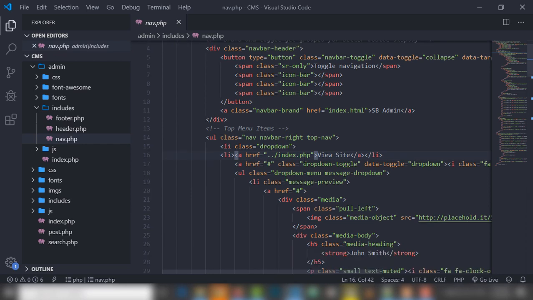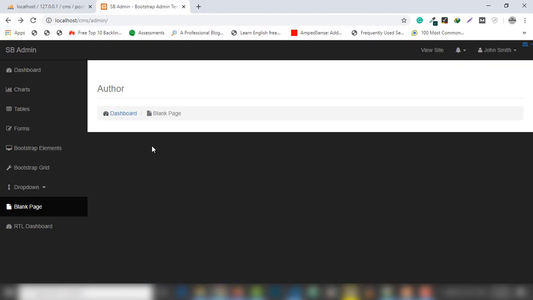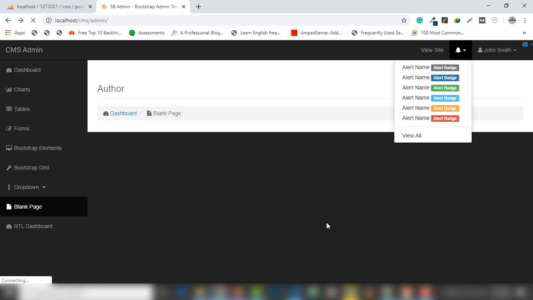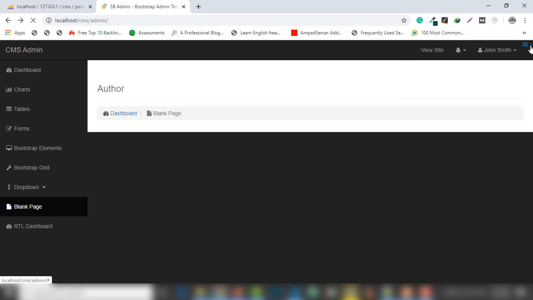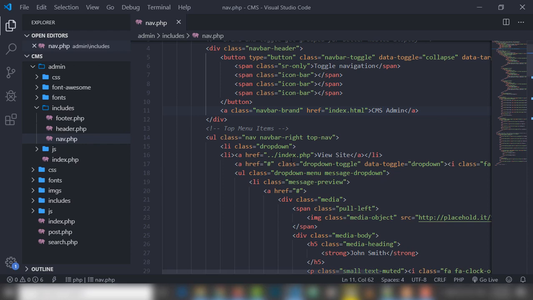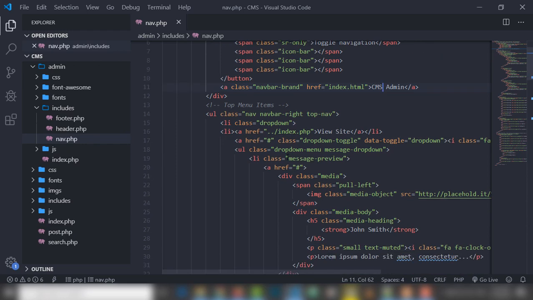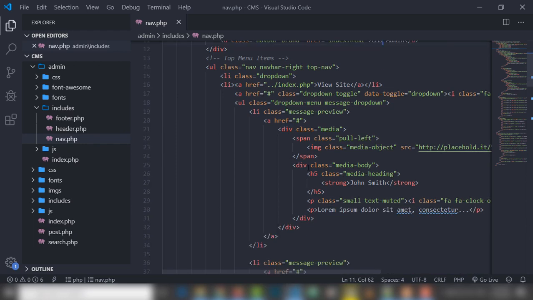Basically, this is our CMS admin panel, so refer to that, right? And this view site, and this bell icon named alert, we don't need that. We just leave this one, and I need to remove this one also. So where is view site, John Smith? I think first I need to